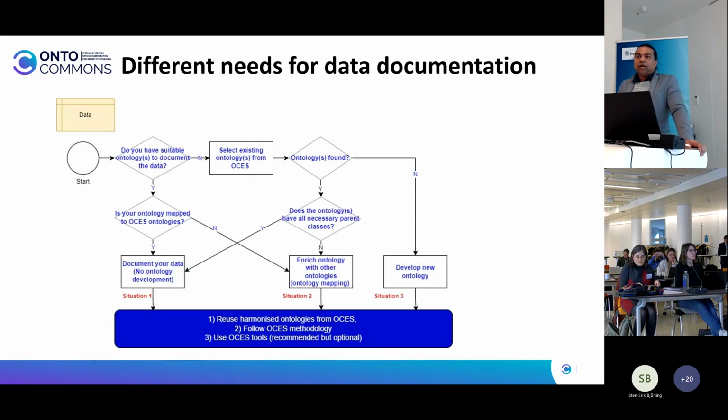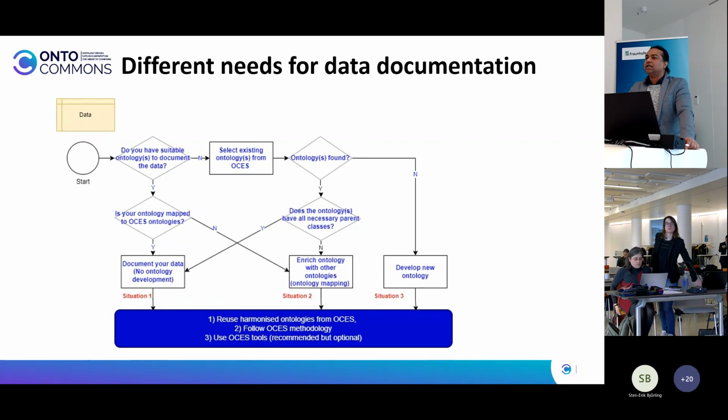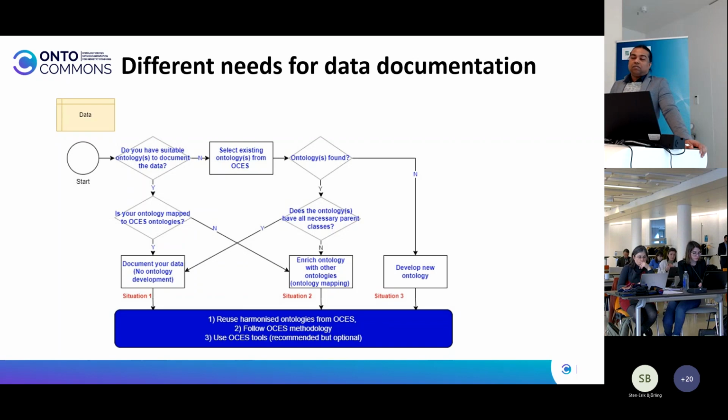Now, for data documentation, the need of ontology comes at variable need for different use cases. But this is a simple workflow which you can use to find what you really need to do. For example, of course you are sure that you need ontology for your project, but then do you have a suitable ontology for your data? If you already have a suitable ontology and that ontology is already aligned in the OntoCommons ecosystem, that means it falls within that stack of ontologies, then you are in a good shape and you can start using that ontology. Maybe enrich the ontology with some of your